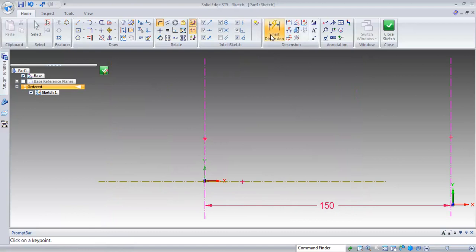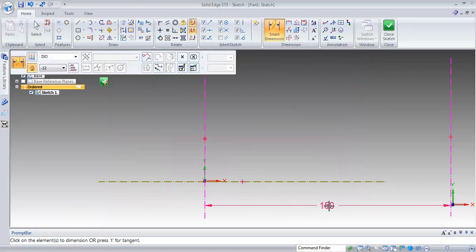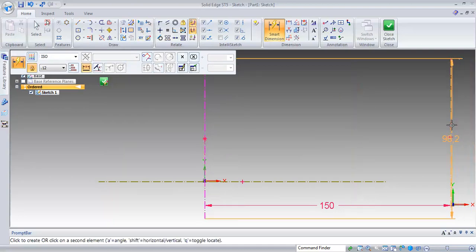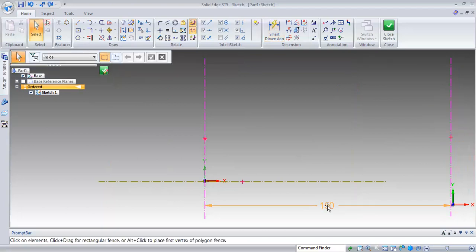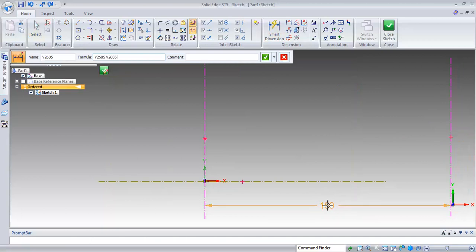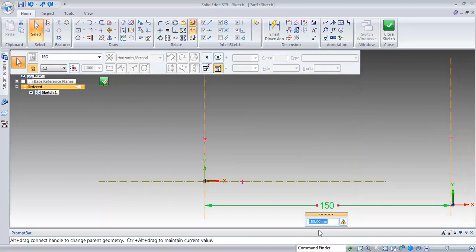To make smart dimensions, double click on it, so you can reduce the dimensions also.